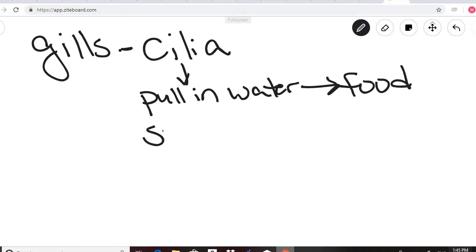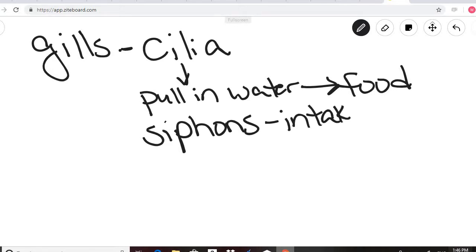And then in addition to the gills, these organisms also have a siphon. What the siphon does is it's kind of like a straw. They intake and expel water. Okay, so food gets trapped by the gills, and then it goes to the mouth, and then the siphon also is involved